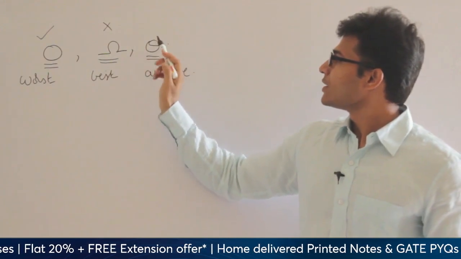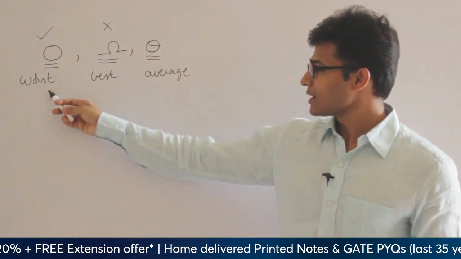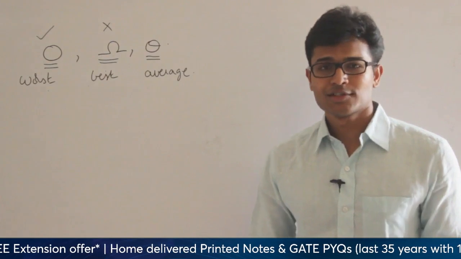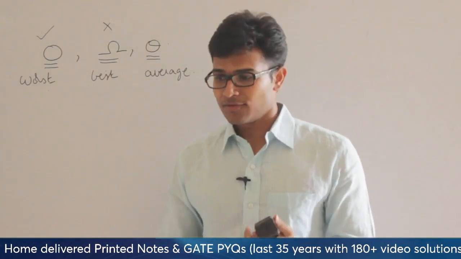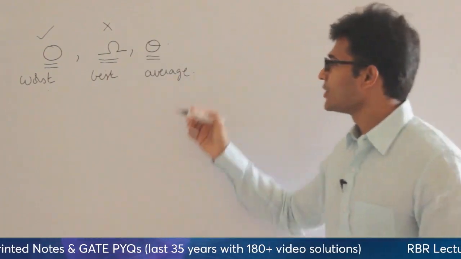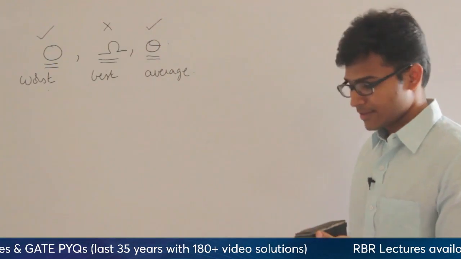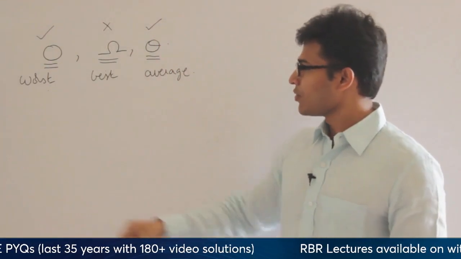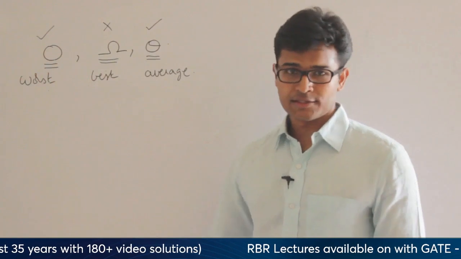And when do we use the average case? When the best case and worst case are the same. For some algorithms, the best case and the worst case will be the same, which means for any input, it will take the same time. In such cases, we generally go for theta. Understand this? So in practice, we are going to use big O